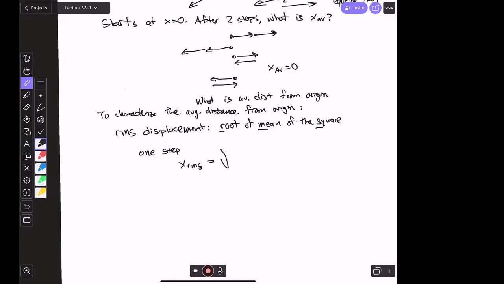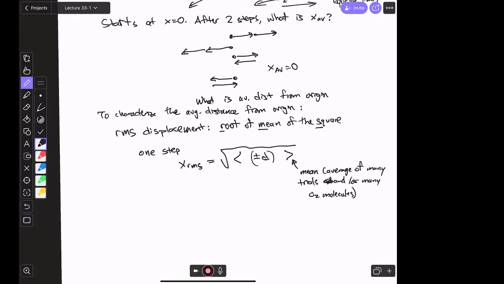So it's the root, meaning the square root of the mean, and we're going to use the angle brackets to be the mean, meaning the average of many trials or many oxygen molecules of the square. And so this is going to be, we could call it, a plus or minus d,